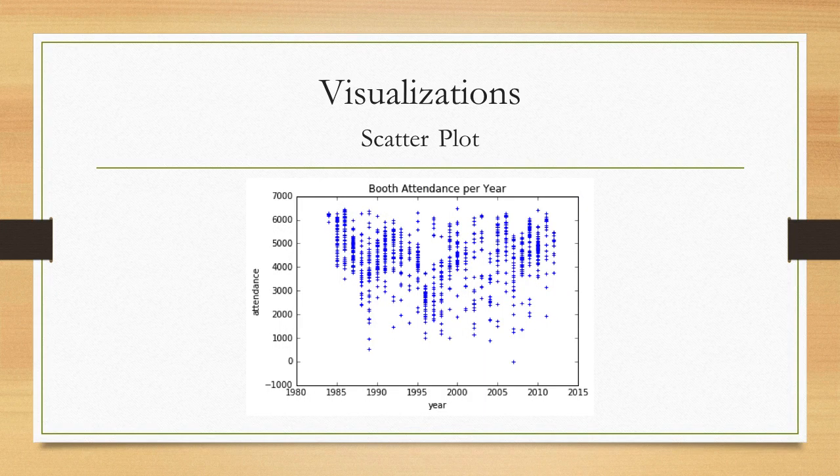This scatter plot illustrates the attendance at the Booth Theater per year in the data set given. From this data, we can see the attendance for individual shows and if there are any discernible trends in the data. From the scatter plot, we can see that there are some outliers, but we can also see that attendance dropped from 1990 to 1995 and has been increasing somewhat since. The biggest dip we can see is that around 2007, there was a number of 0, indicating that either no tickets were sold or purchased for a particular show.